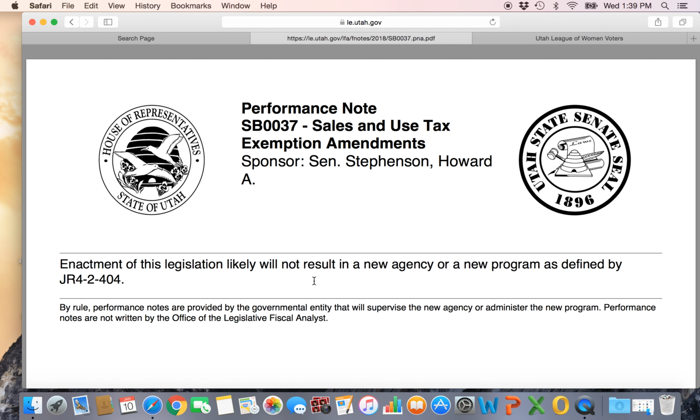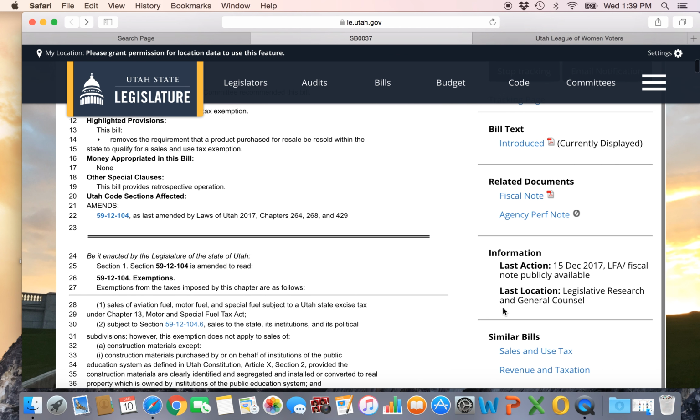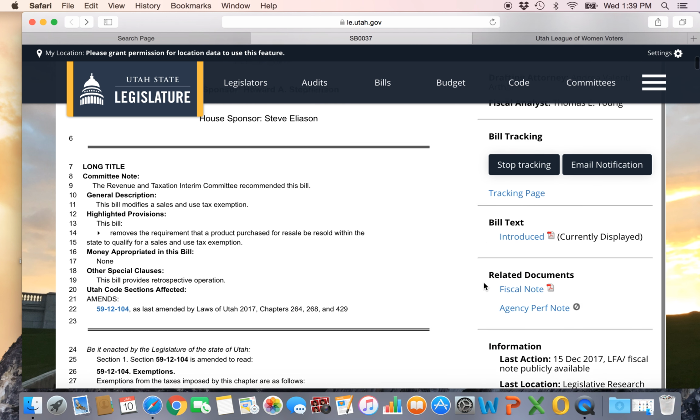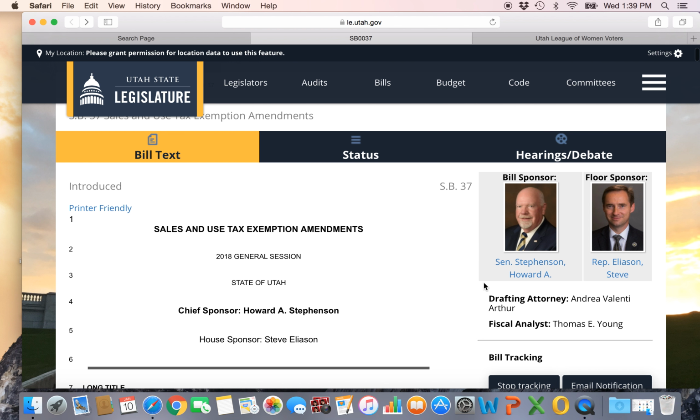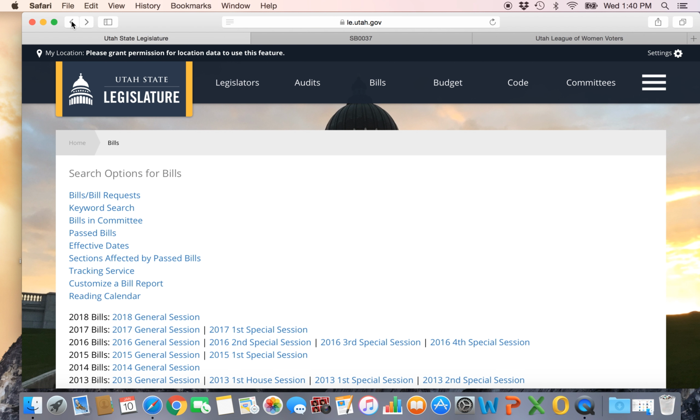is, will it result in a new agency or a new program? That's also something they want to know before they pass the bill. And right here is a list of similar bills and sections affected. So this is the code that's affected by this bill. And let's go back out here. You'll find, so once session starts, you can look up bills in committee, past bills, effective dates,